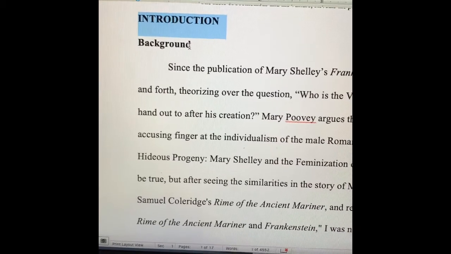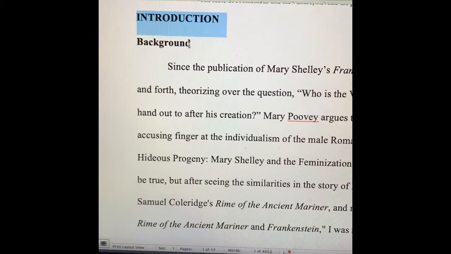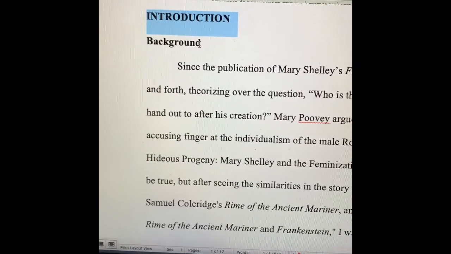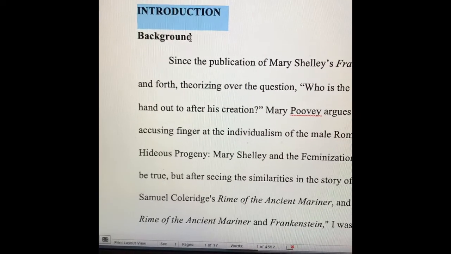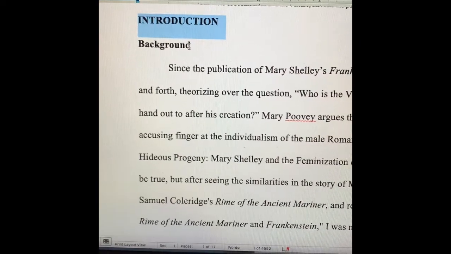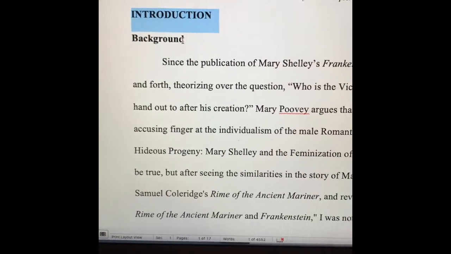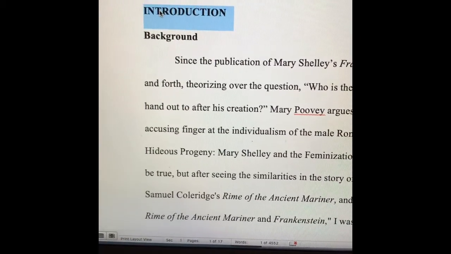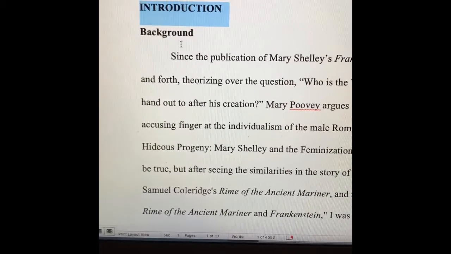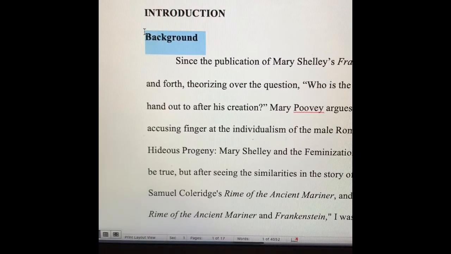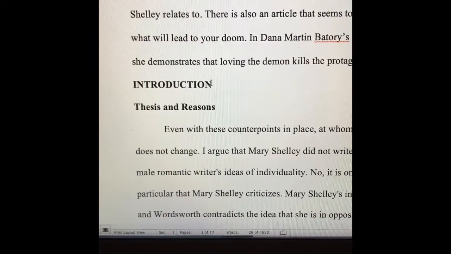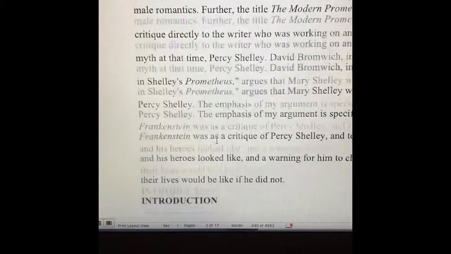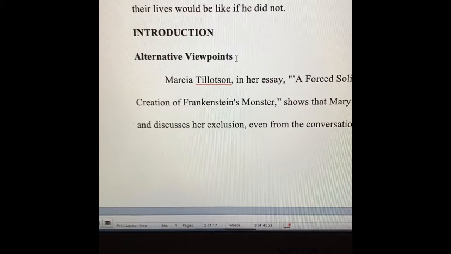Because you have 4 backgrounds, 6 reasons, an objection and refutation, an alternative viewpoint, and a statement of why the original solution is better. So it's going to make it super long. So what many of my students do to get that extra credit is the introduction, and then a subheading for background. And then another for the introduction, the thesis and reasons. And then another section for alternative viewpoints.